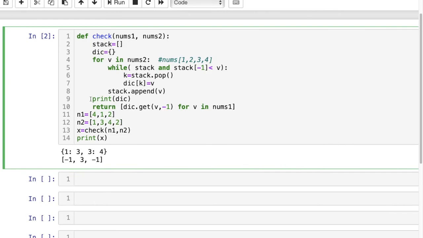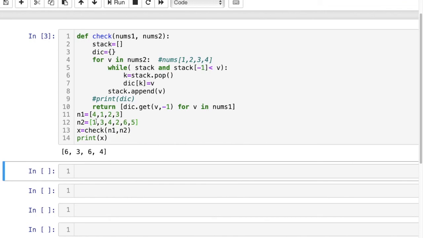Now let me comment this out and let us take one more example. Let us take 3 and add the values 6 and 5. So you can see for 2 it will return 6 and for 3 it will return 4.